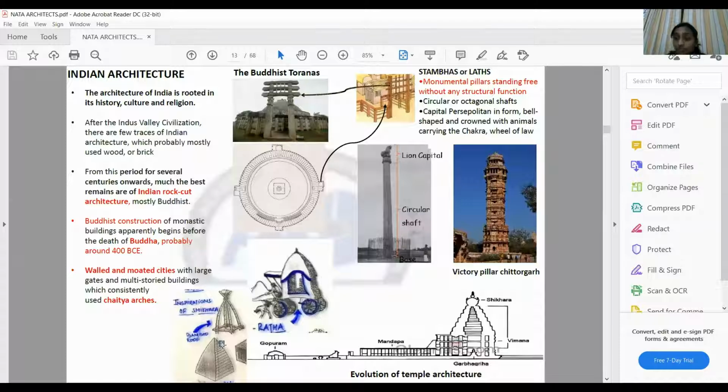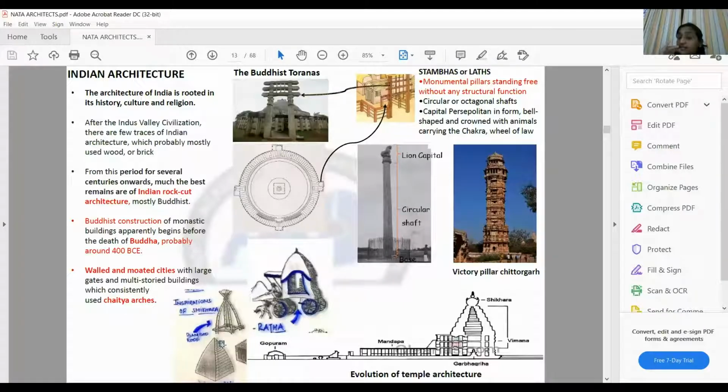So there were two kinds of phases. One is the rock cut style, and the other is the structural temples. How these people started setting up a small village is what we'll be able to understand over here. They had small elements, something like a gated community. You have a set of like-minded people staying together, and in order to protect their whole vicinity, they had gateways. That gateway was again inspired by the trabeated style of construction, consisting of two vertical pillars and a horizontal member.